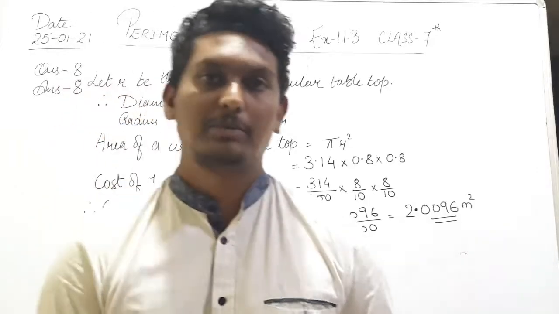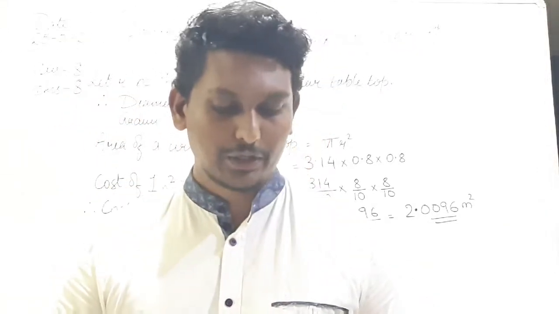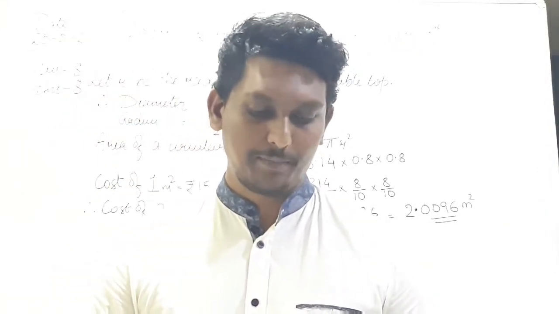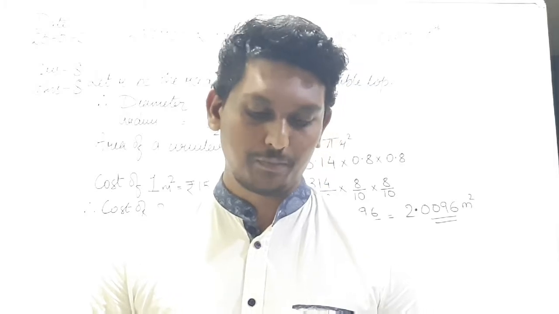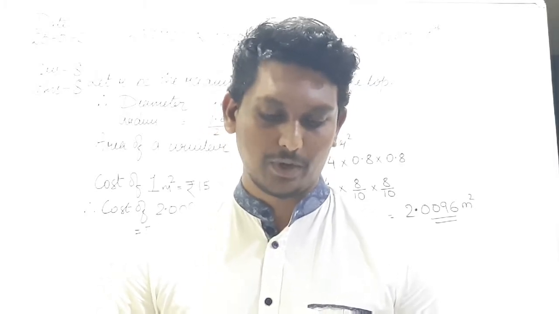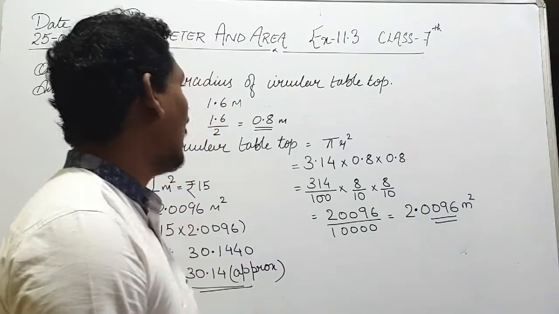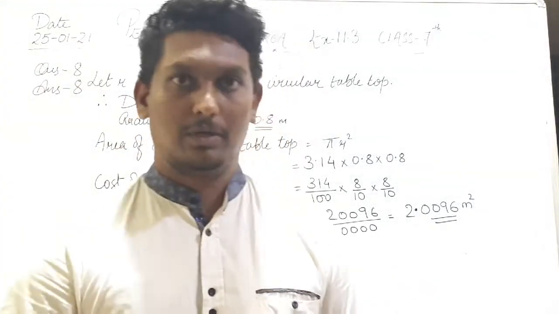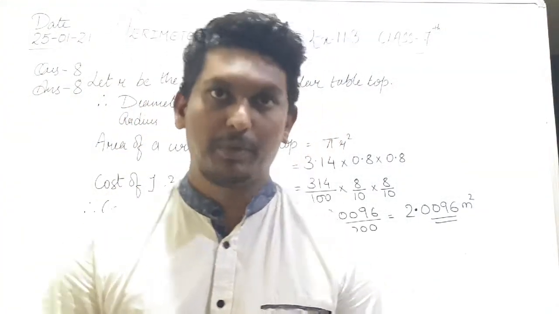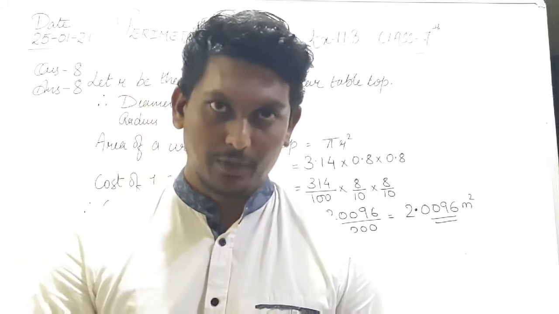We now come to question number 8. I am just reading the question. Find the cost of polishing a circular tabletop of diameter 1.6 meter if the rate of polishing is rupees 15 per meter square. The value of pi is given as 3.14. So it's a circular tabletop whose diameter is 1.6 meter, and we have to do the polishing on that